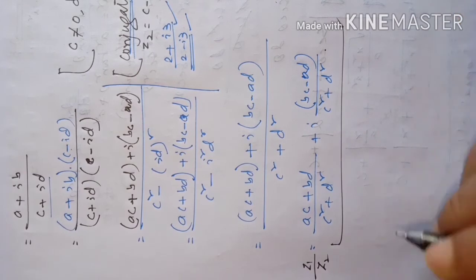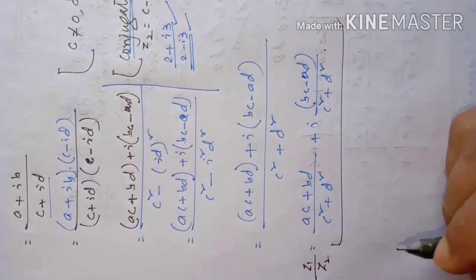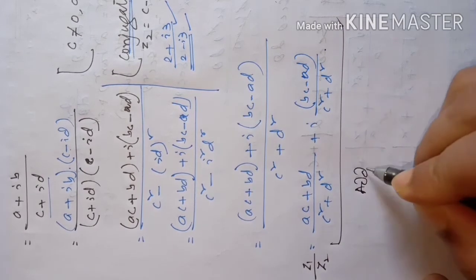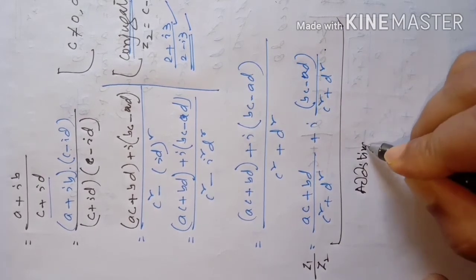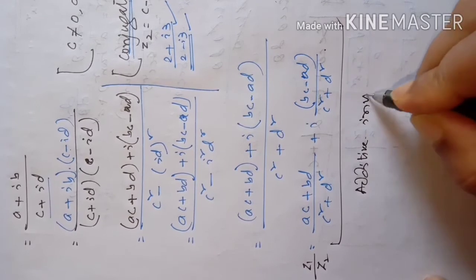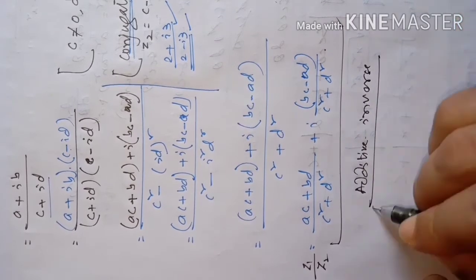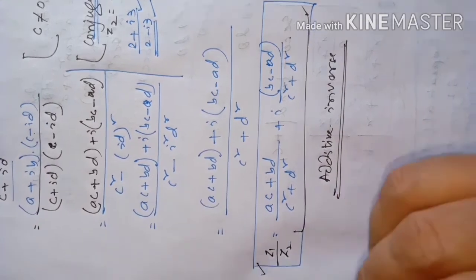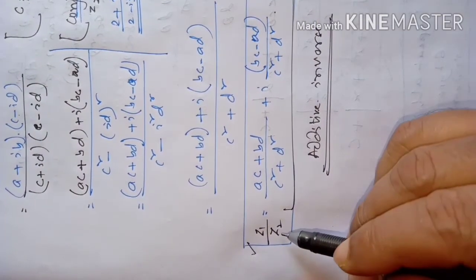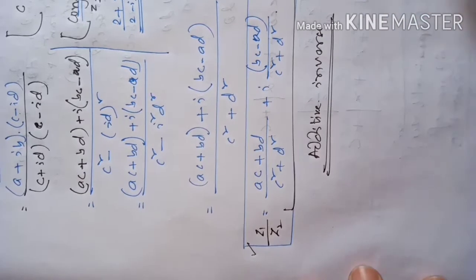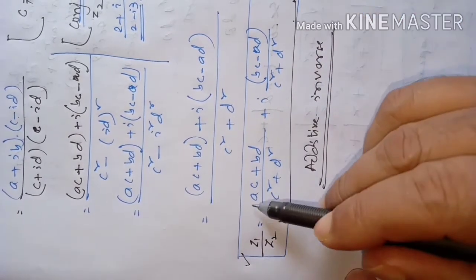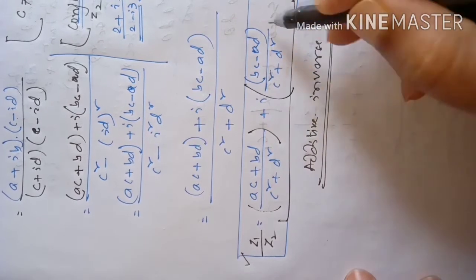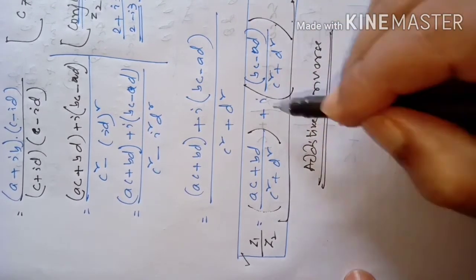So let me tell you about the existence of the additive inverse of a complex number. Next point is our additive inverse. So what is the method that we have applied here to divide a complex number by another non-zero complex number? Remember this. This will be the real part, this will be the imaginary part, and iota will always be there.